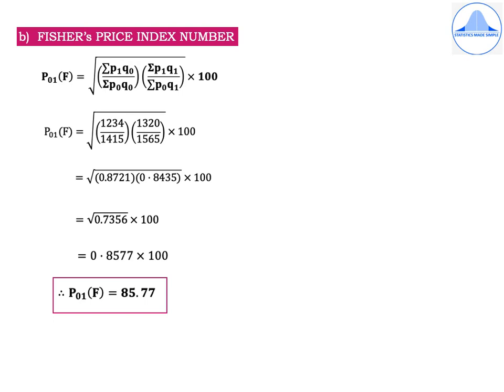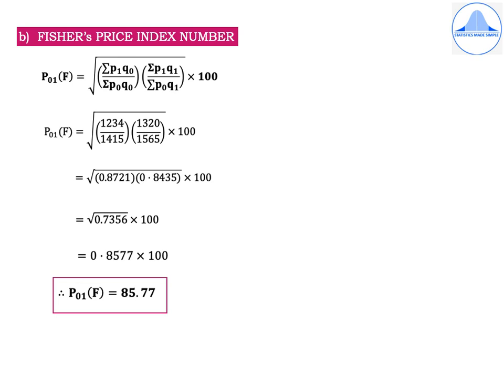Second subdivision, Fisher's price index number. P01 of F is equal to root. Write Laspeyres and Paget's without the 100 and outside the square root you will write into 100. So P01 of F is equal to root summation P1 Q0 divided by summation P0 Q0 into summation P1 Q1 divided by summation P0 Q1 into 100, which is equal to root of 1234 divided by 1415 into 1320 divided by 1565 into 100, which is equal to root